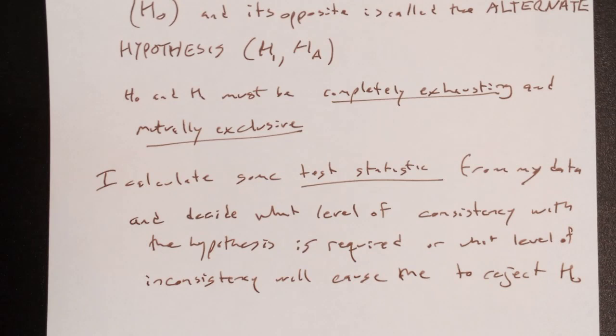Where have I heard that idea before? How confident do I want to be in my answer? This is the linked confidence intervals right here. I'm looking at confidence levels. How confident am I that it's close enough? Then I make that decision. I say, based on my level of confidence that I want and the data I gathered, if I see this number, I'll say yes. If I see this number, I'll say no.